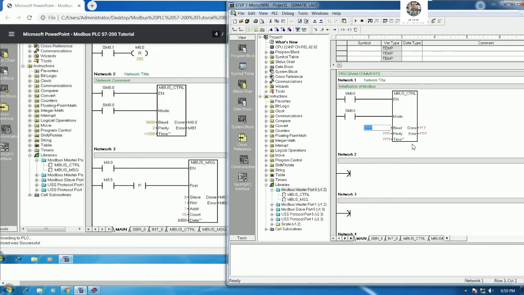So right now I will put 9600 for baud rate, and for parity I will choose 2 because even, and for timeout I will choose 1000. It means 1 second, yes. It is in milliseconds, so 1 second. And for this one I will put